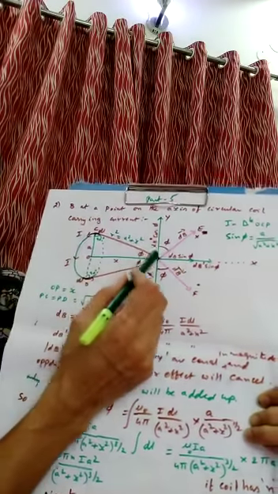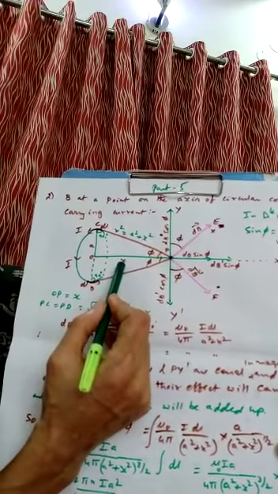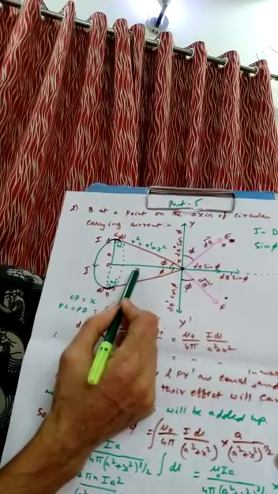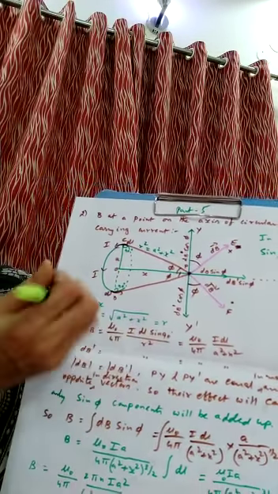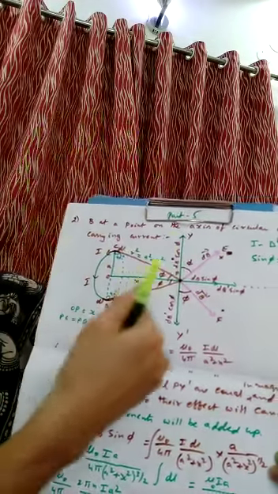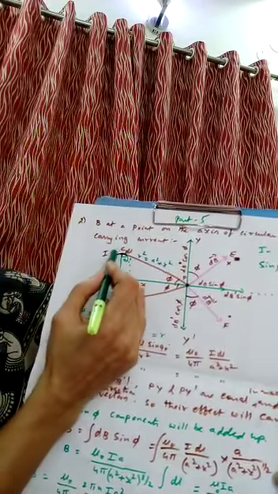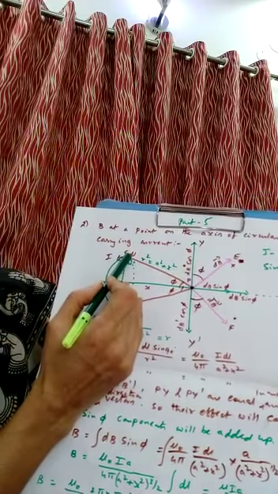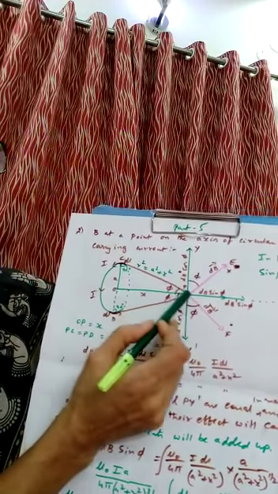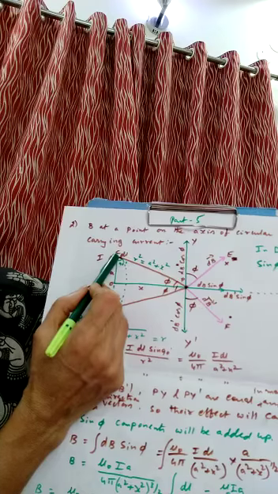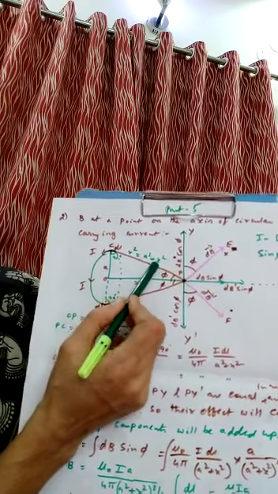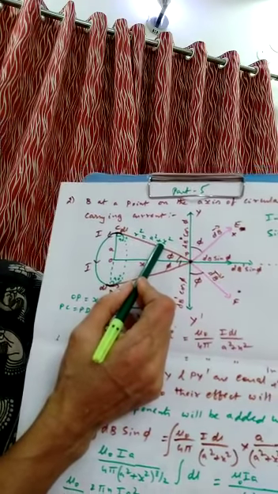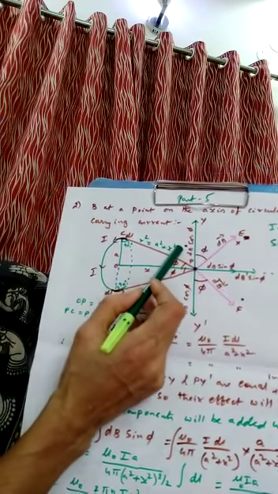From the center, let the point P be at a distance x, which is constant. It's not varying. Consider a small element dl here and dl here. Current is moving like this, so it is like this, arrows here, dl. And point P and the dl element C are at a distance r, equal to under root of a square plus x square, by using Pythagoras theorem: r square is equal to a square plus x square.